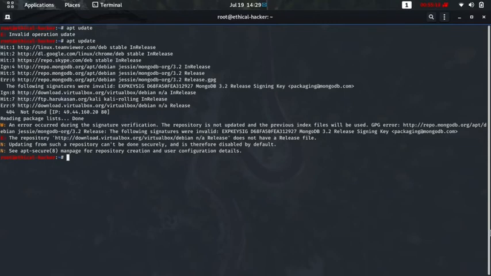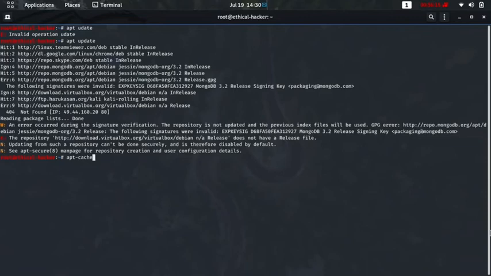If you want to remove a package, apt remove package name. Suppose you want to apt remove ping, you can remove it, but don't remove it because you need ping. And to search for a certain package, we will type apt